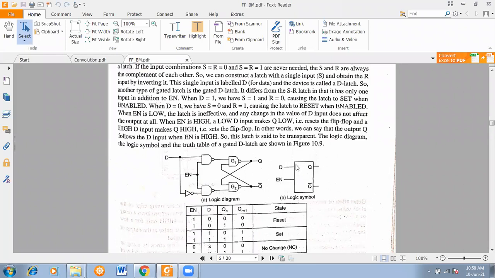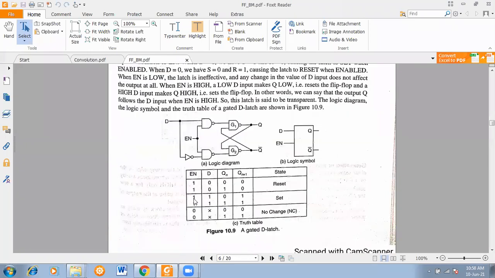This is the logical symbolic explanation of the D flip flop. But internally, the D and D bar are connected in that way. मान लो तुम यहाँ पे S and R, so S is equal to D and R is equal to D bar. You can think of that. So 0 0 or 1 1 we can't use here, because they are complemented to each other. So either 0 1 or 1 0 can be used here.